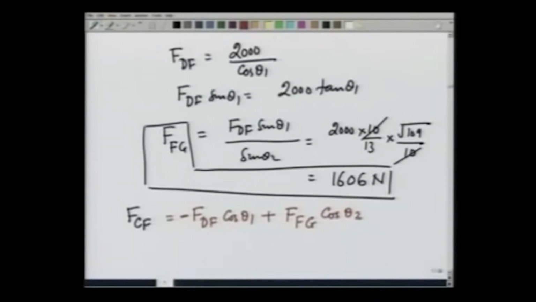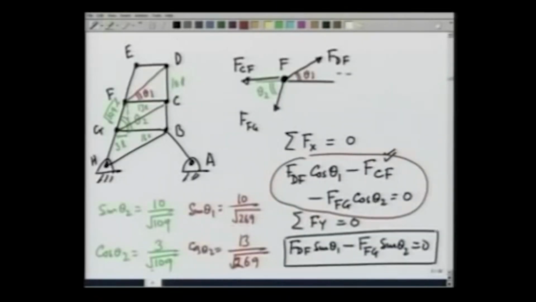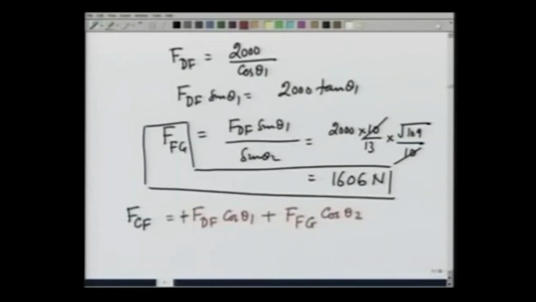F_DF cosine theta 1 we already know is 2000. So, did we get the sign right? Let us check that. We have plus and minus. So, this is plus and this one is minus, so the direction that we have anticipated is already correct. If you plug in the numbers, this comes out to be 2000 minus F_FG 1606 times cosine of theta 2, which is 3 over root 109, and if you calculate this, it comes out to be